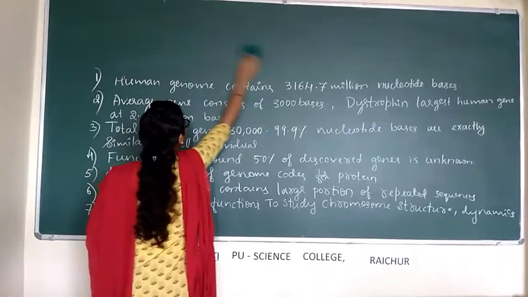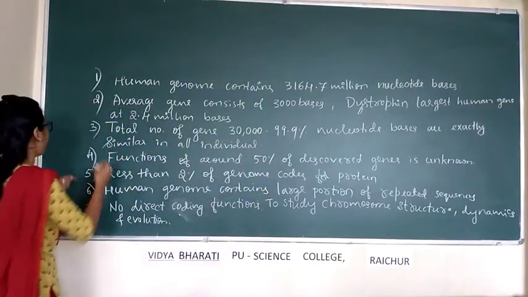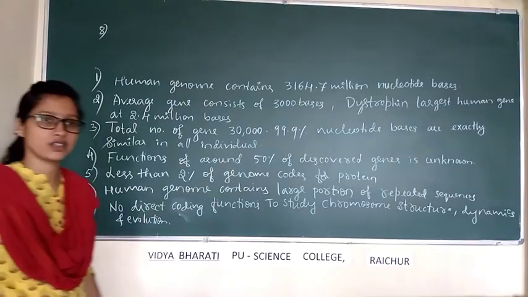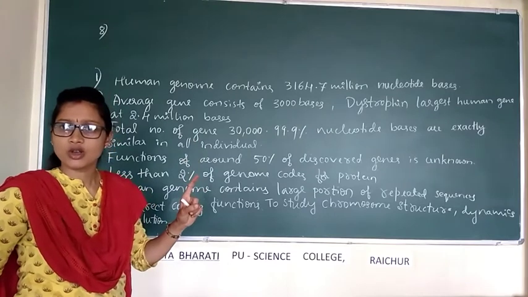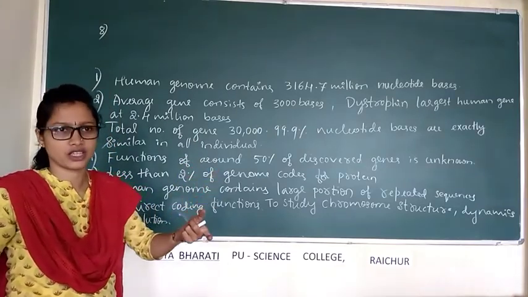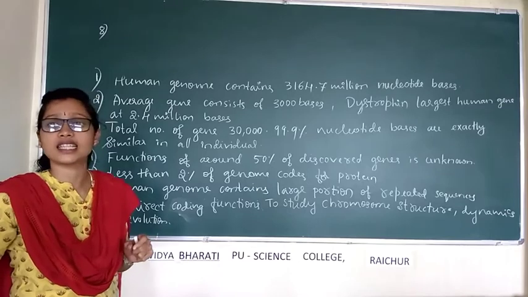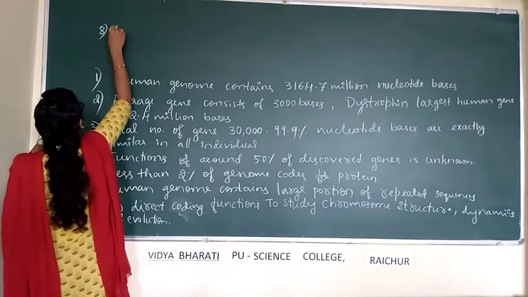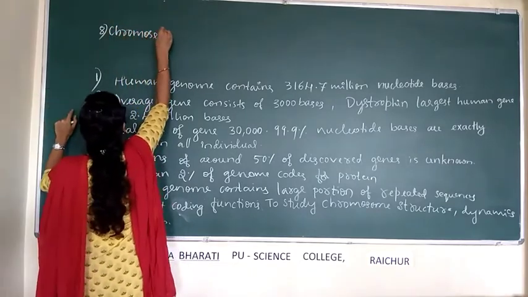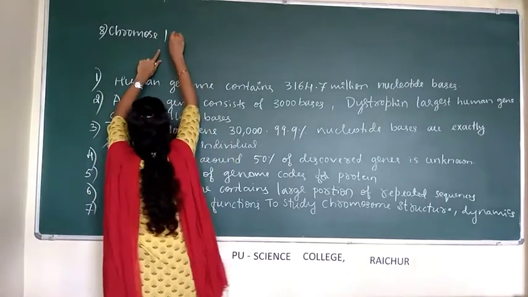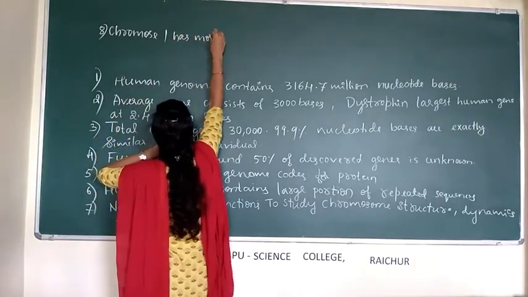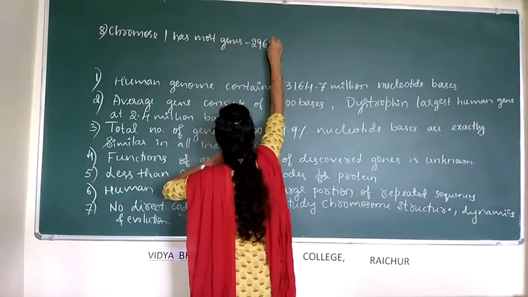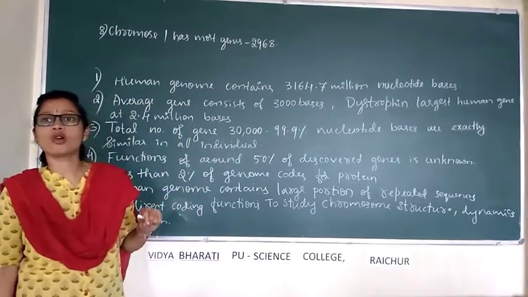The next salient feature is that chromosome 1 has the most genes, that is, a greater number of genes, around 2968. Whereas the Y chromosome